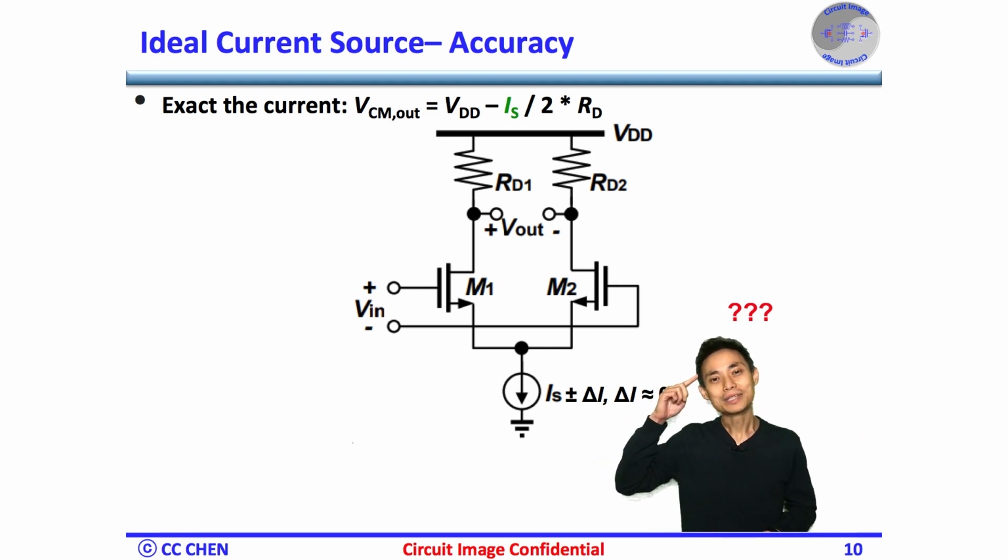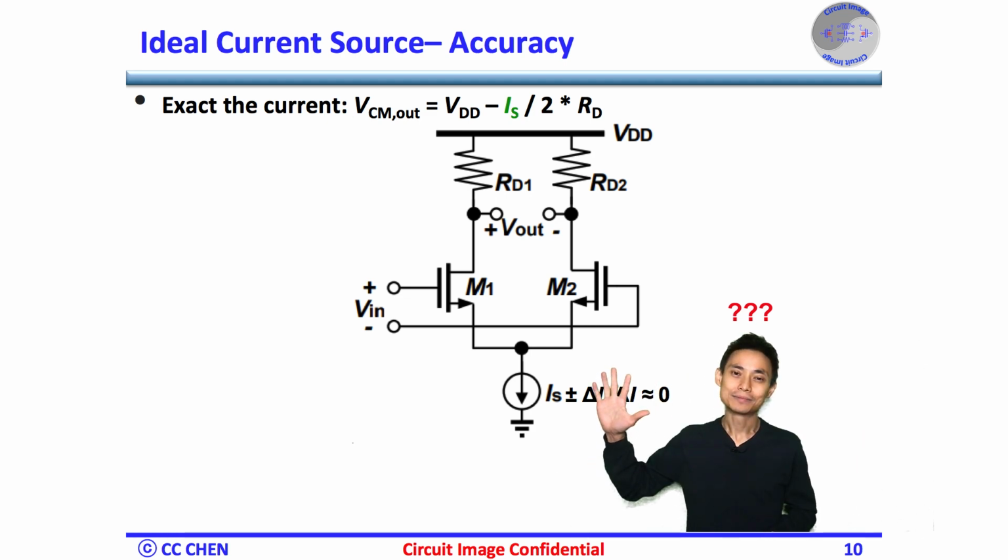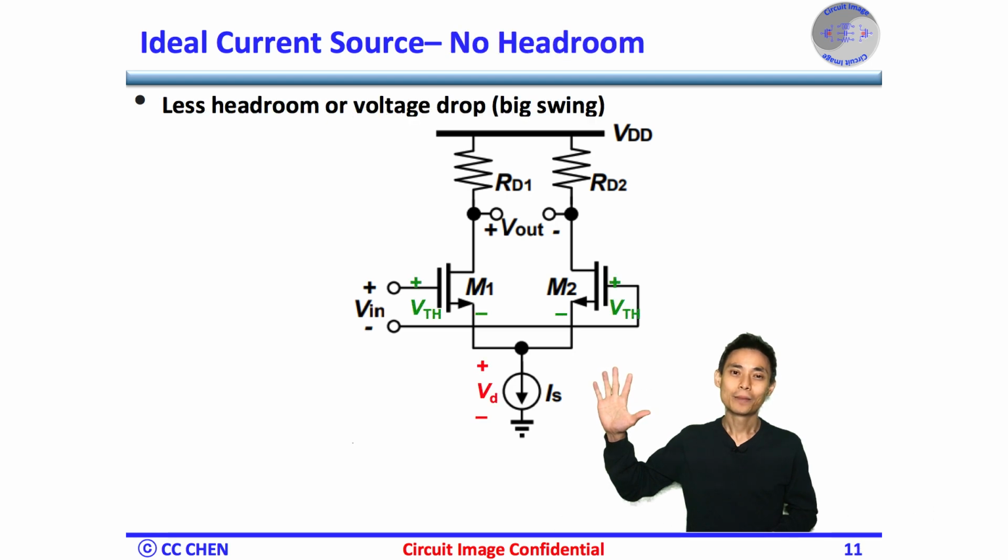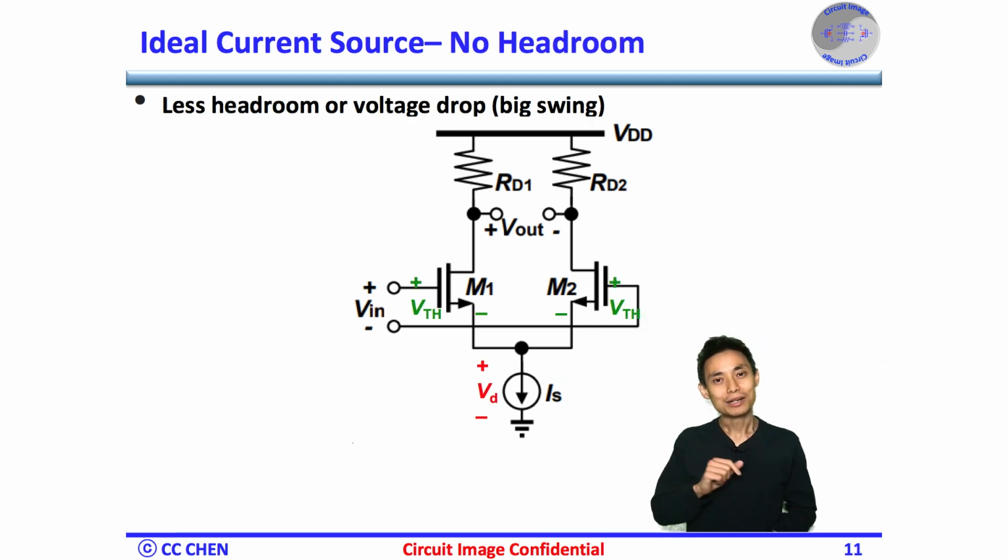Think about the headroom images for 5 seconds. Great. Less headroom limitation, or less voltage drop at the current source, is necessary, and ideally would be 0. As you can see, the input level must be larger than the differential pair threshold turn-on voltage plus the voltage drop. Therefore, if the voltage drop across the current source VD is larger, then the input swing of the Vin